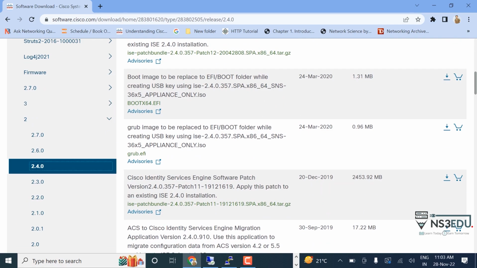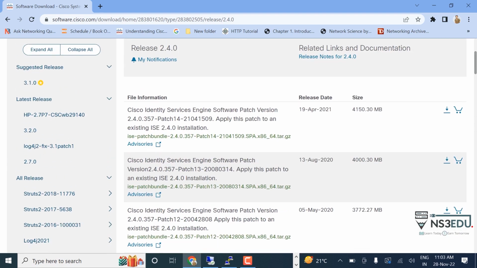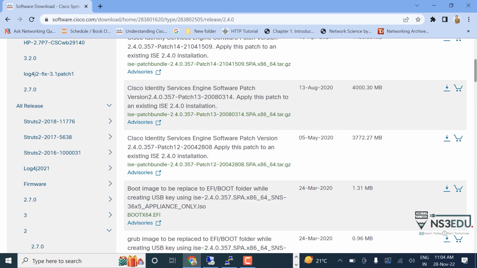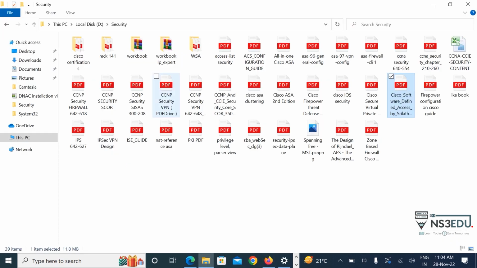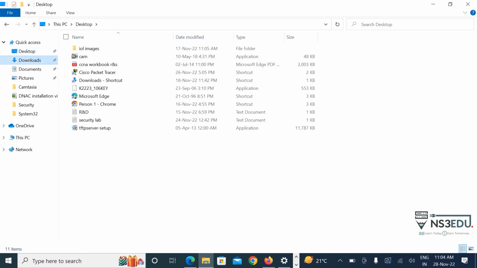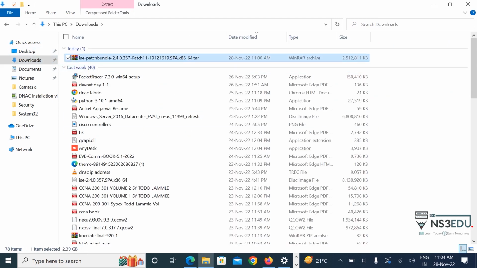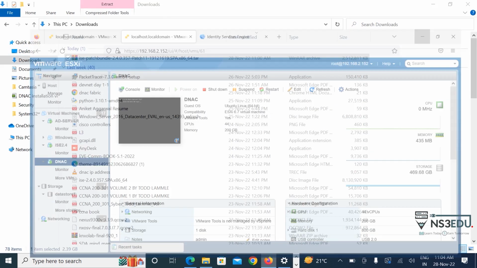For example, I've installed 2.4, so I'm uploading patch 13 to it. I've downloaded the patch already, and let me show you. The patch is here in the download file. So now go to ISE,